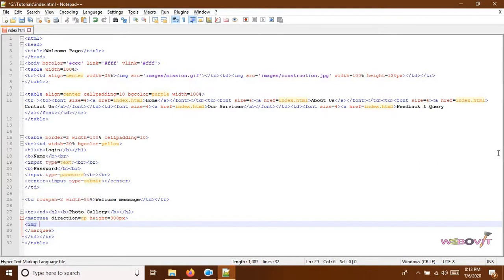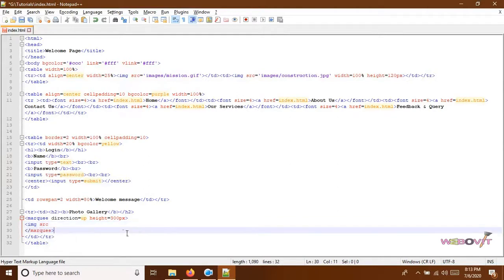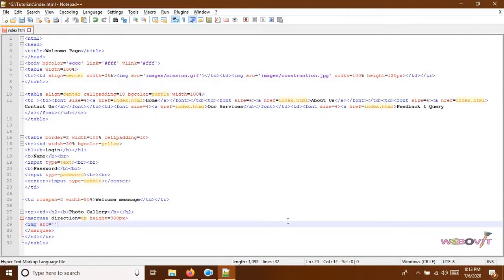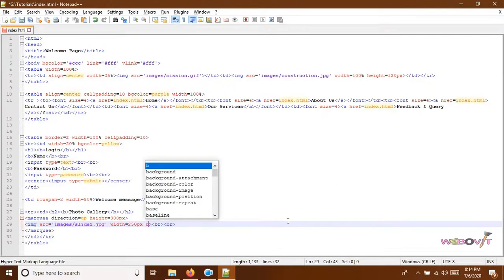Okay, so what I will do, whatever is available inside the marquee tag, the thing gets animated. So you could put a whole table, you could put some tags, you could put some images, whatever you want. Image src, images slide, and width is equal to 250px. Okay, you could get border of